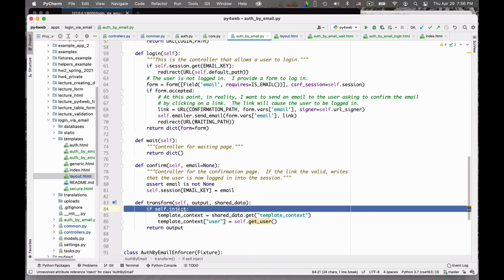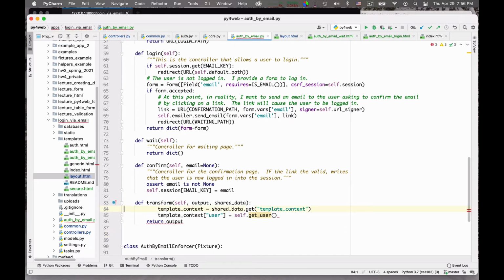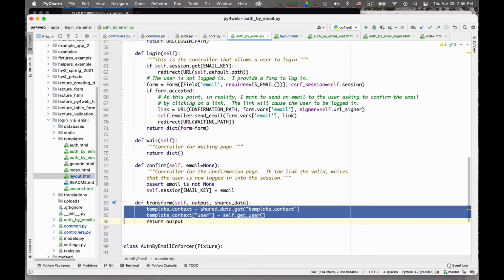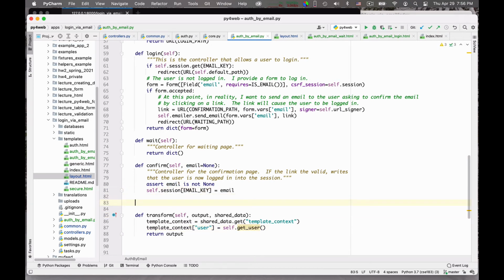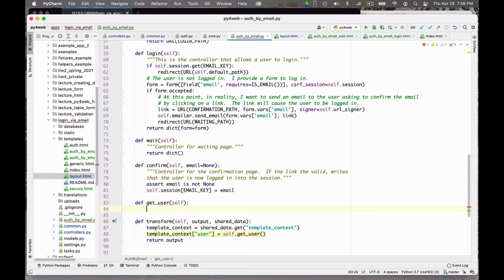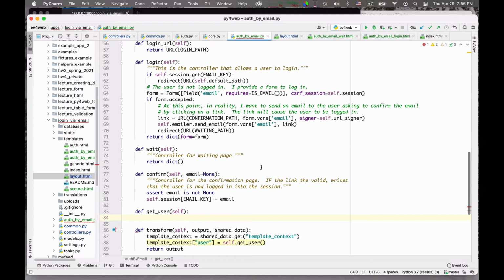And let's assume that I am always gonna do it. And so I'm adding this get user object, okay? So this get user object, I have to do it self.get_user. Def get_user(self), okay?